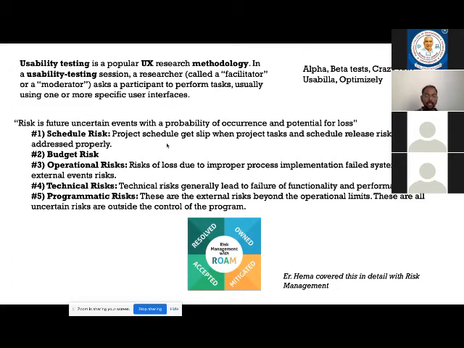Some risks can be accepted. Say you have some programmatic risks, so you have external risks. For example, you are using some node packages in JavaScript, and there are some known vulnerabilities which you are aware of, but you don't want to fix it because it's not going